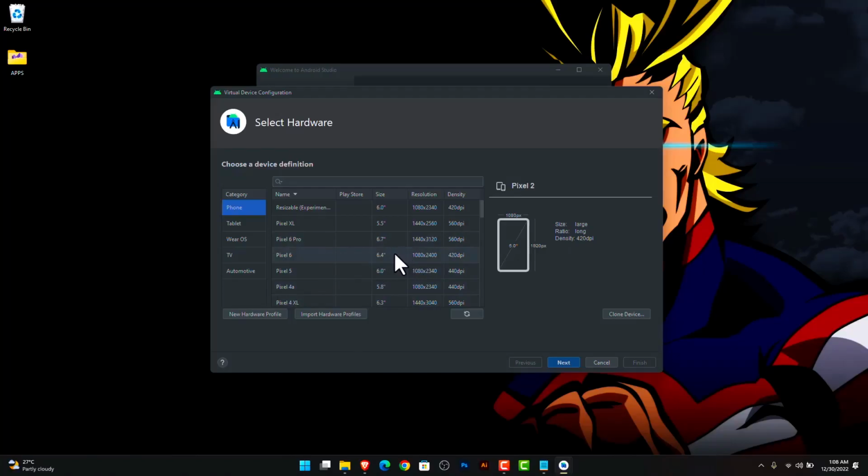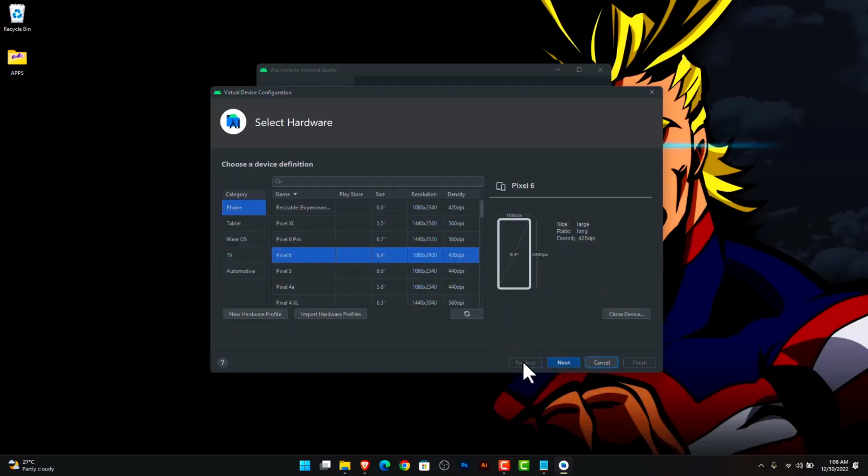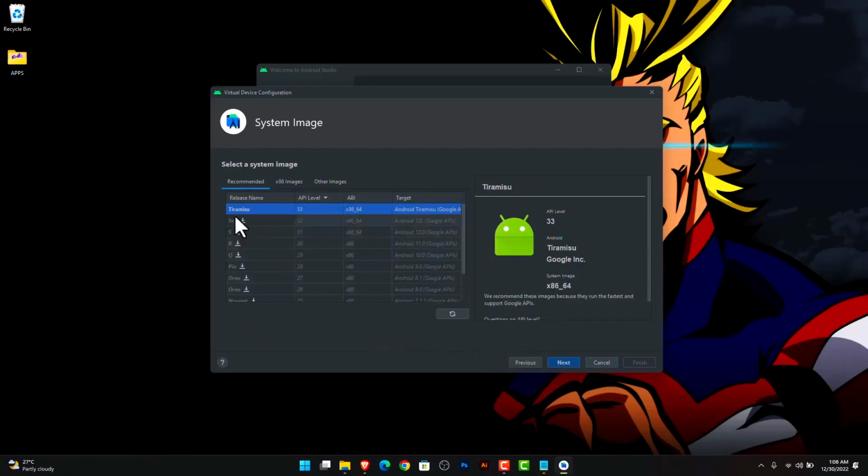let's see, what's the second biggest? 6.4. I'm not so sure because some of these can be buggy sometimes, so that's why I'll just stick to Pixel 6 and then click next. Oh, and I forgot one thing. Let me go back to previous and okay, no, I didn't. I thought I'd skipped that part, so I'm going to hit next, and then we have the API